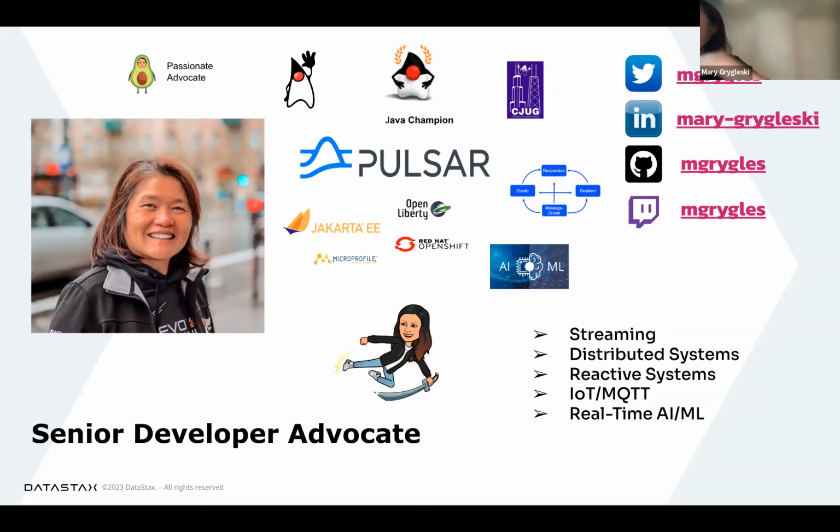And then 5 years ago, I joined IBM as a Java developer advocate. And then I joined DataStax, where I am now, about a year or so ago. I first started helping with Apache Pulsar, which is an event streaming platform. That's what I was advocating for until about 2.5 months ago, when the company wanted everybody to be working with generative AI. So that's why I'm talking about it now.